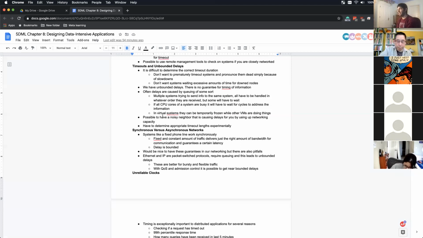So you can run into the case that multiple systems are sending information to a single system. So in the book, they had a diagram of 4 different systems all sending stuff to one single system,